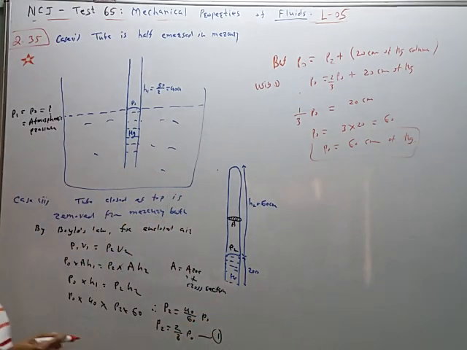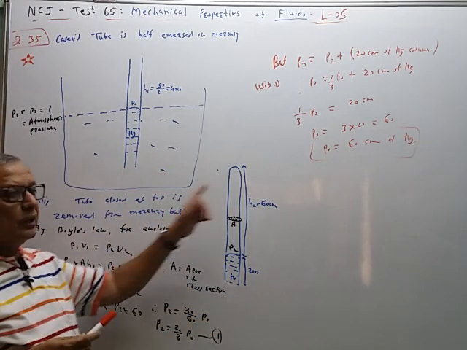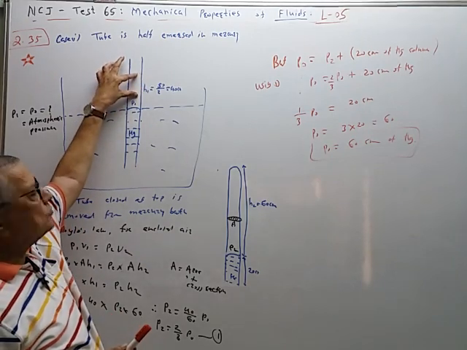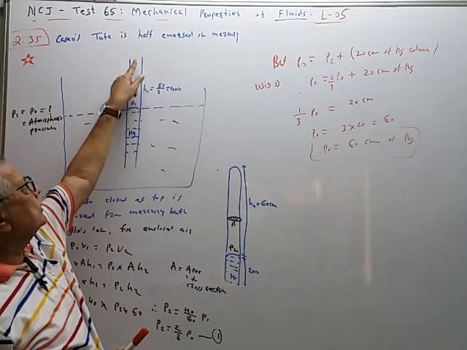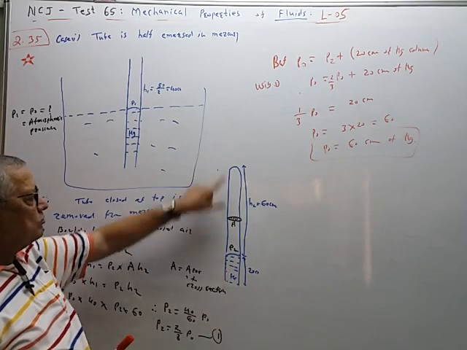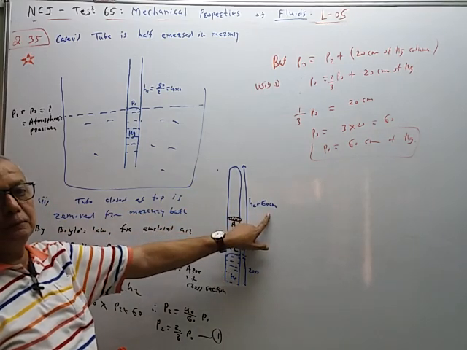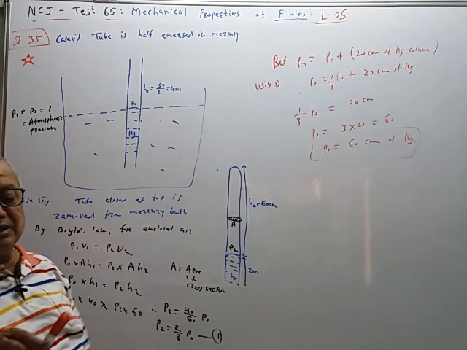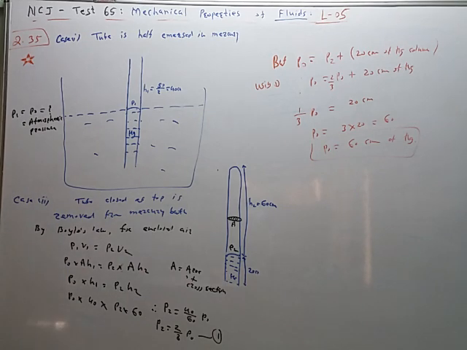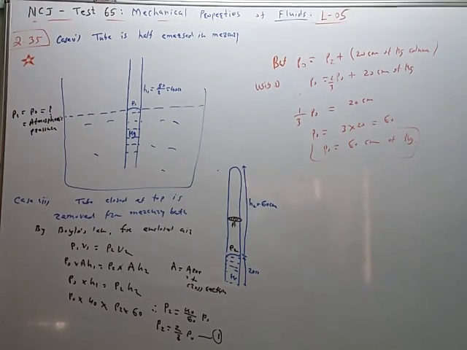60 centimeter Hg. What is the main difference in both cases? Initially the tube is open and the air column is of 40 centimeter. Now when the tube is closed, this mercury column will balance the total pressure of 60 centimeter. So atmospheric pressure will become 60 centimeter of Hg. The calculation is of a slightly different type, remember. So we are using Boyle's law first to find the relation between P1 and P0 like this. So see the difference between the two cases.